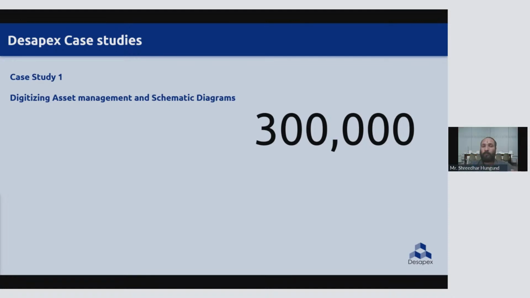The existing schematic diagram had the basic regular two-dimensional system that you have in regular buildings, but the client was looking to have this information of the equipment embedded onto the single line diagram so that all data could be stored in one single platform. The client did not really specify what tools or technology had to be used. It was more of a problem statement that we had to devise a solution and a standard operating procedure to